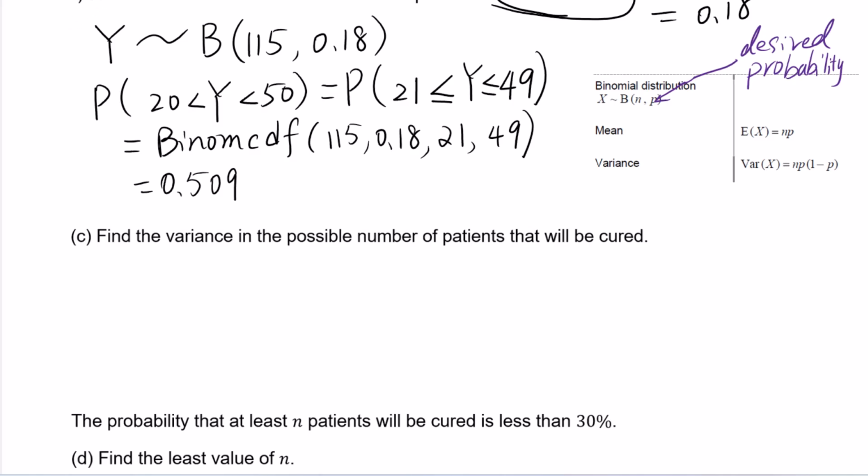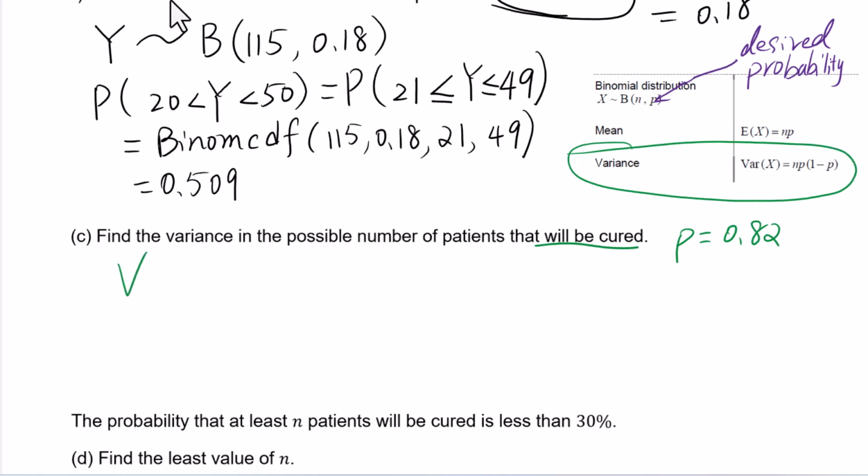Next, find the variance in the possible number of patients that will be cured. This P equals the probability of being cured, which is 0.82. We have to use this formula. Variance equals 115 times 0.82 times (1 minus 0.82),